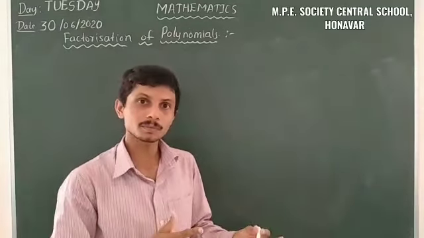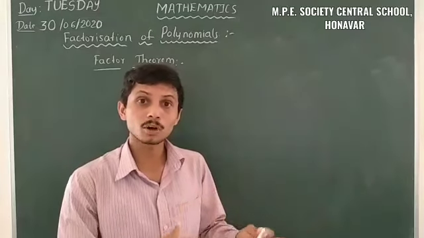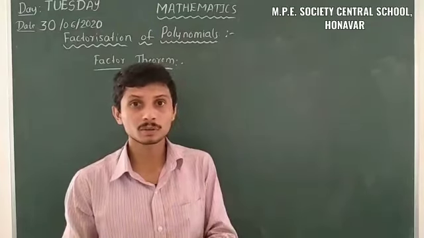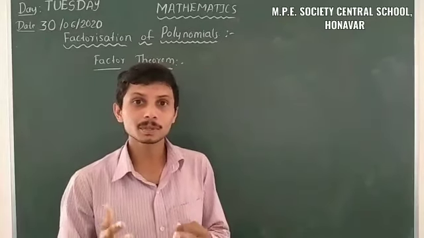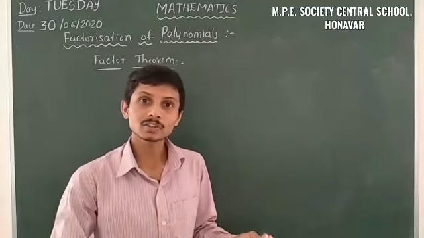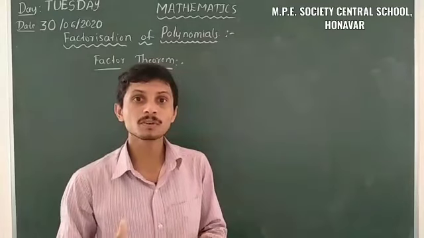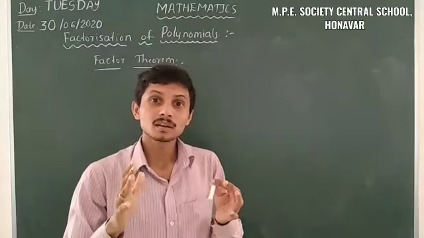So every theorem has its own statement. Likewise the factor theorem also has its own statement. The factor theorem is always quite near to the remainder theorem. Here also we use polynomials of degree greater than or equal to 1. So here also we have to take p of x, a polynomial with degree greater than or equal to 1, and a is a real number. Here there is no restriction of the divisor being a linear